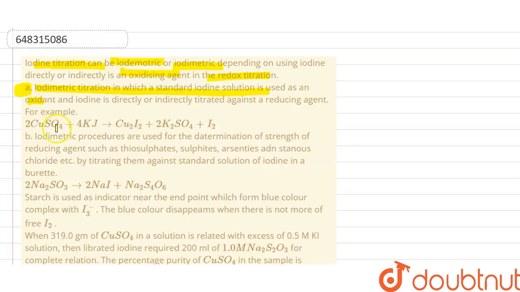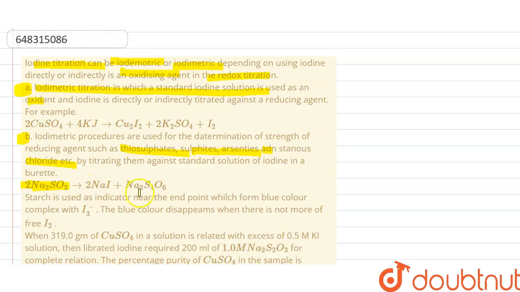For example, 2 copper sulfate plus 4 potassium iodide gives cuprous iodide, then 2 potassium sulfate plus iodine. Iodometric products are used for the determination of strength of reducing agents such as thiosulphates, sulphites, arsenites, stannous chloride, etc., by treating them against a standard solution of iodine from a burette. Then 2Na2SO3 gives 2NaI plus